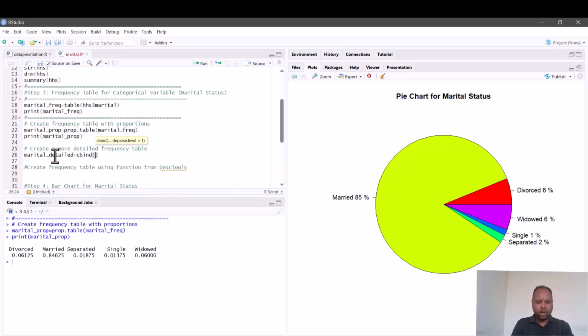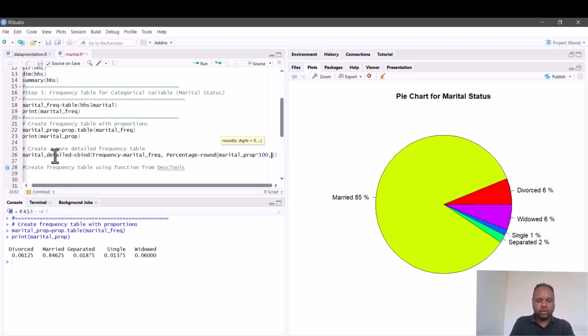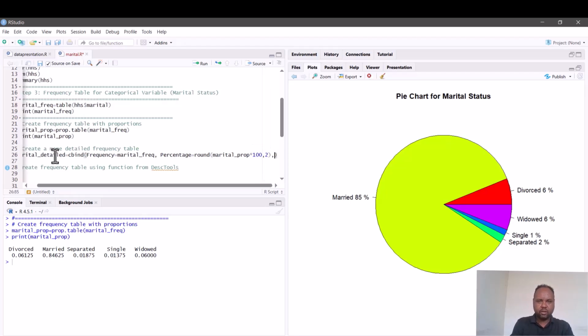3 elements. One, frequency, which takes values Maritial freq, then percentage, which takes values Maritial prop times 100. The proportion is now easily converted into percentages by multiplying the Maritial prop by 100 and rounding to 2, right? Then the cumulative